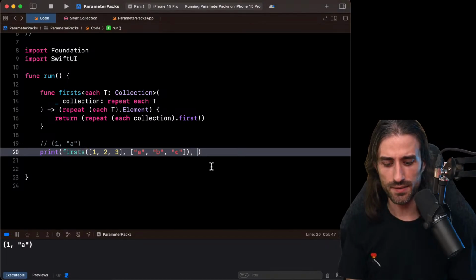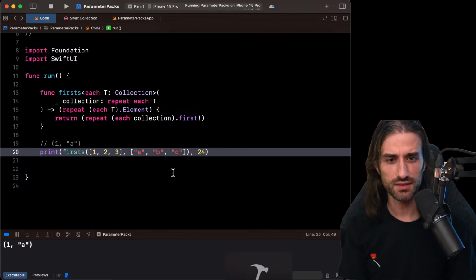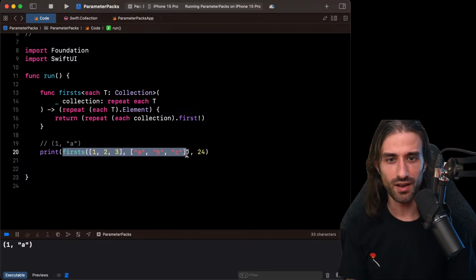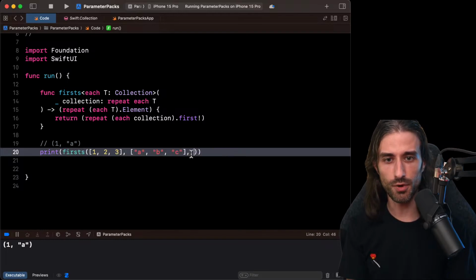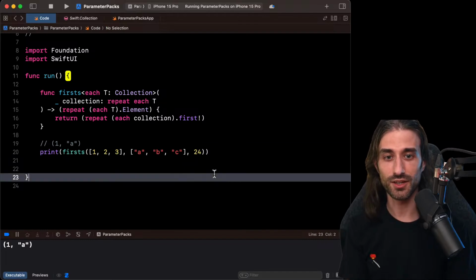And so if I try to pass a value that is not a collection, you will see that. So I get a build succeed. Oh no, that's because I added it like this after. So it's an extra argument to print, and print can take any number of arguments. I wanted to add it here.